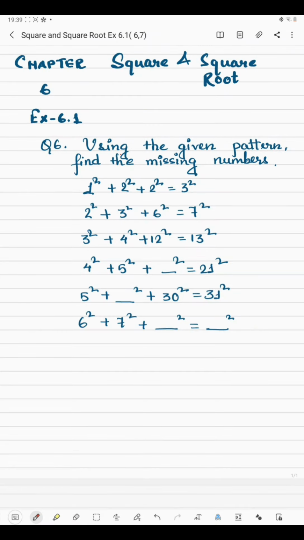Hello students, today I am going to teach question number 6 of exercise 6.1. Now in this question we have, using the given pattern, find the missing number. So here some pattern is given, so we will have to observe this pattern and then we will have to